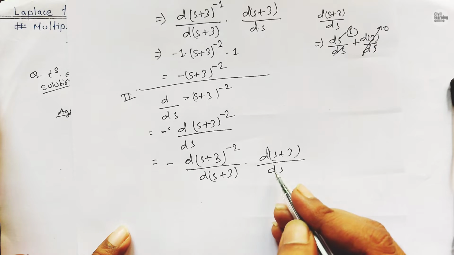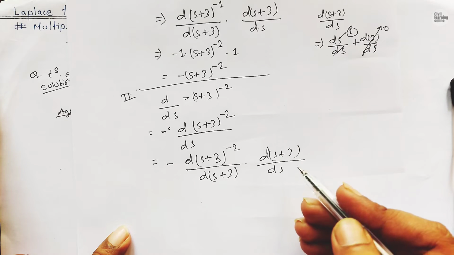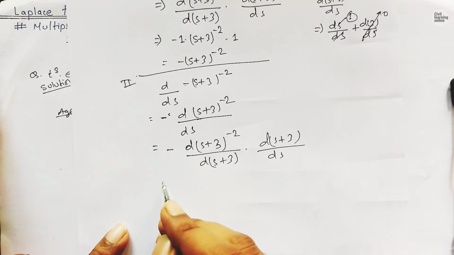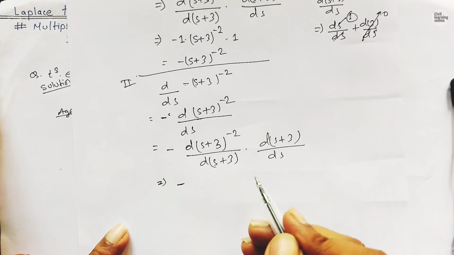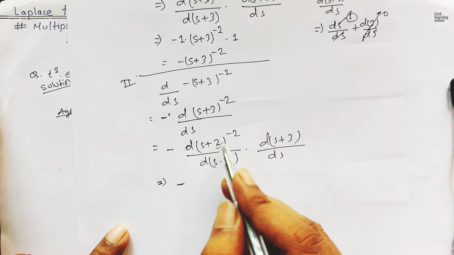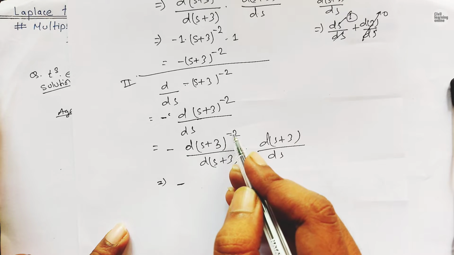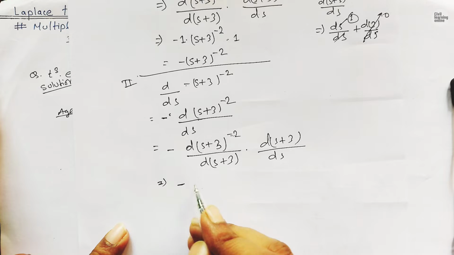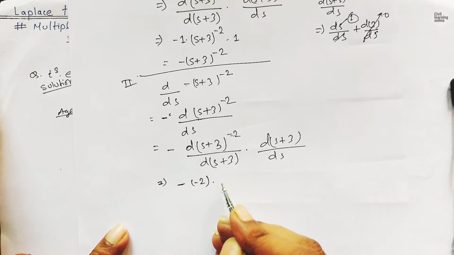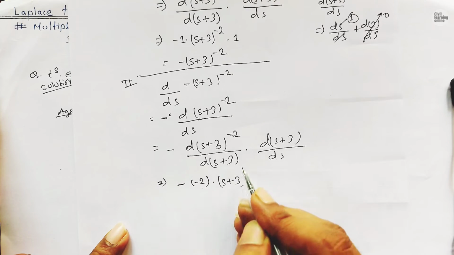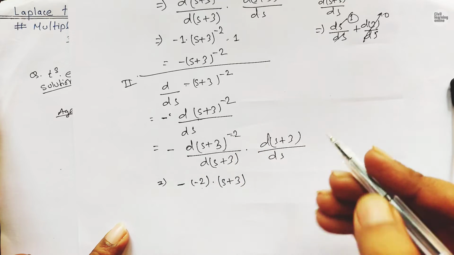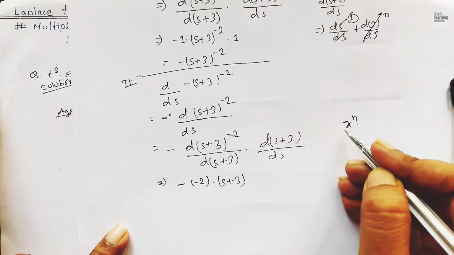Again, the derivative of s upon ds will get 1, and the derivative of a constant is 0, so we need to operate on this only. So we will have minus, and minus 2 times x to the power minus n, meaning minus will get multiplied with minus 2 and (s plus 3) to the power minus 2 minus 1, by the rule that the derivative of x to the power n is